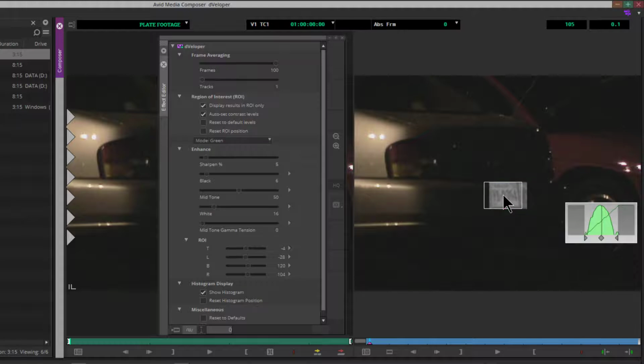And then auto set contrast values, what that means is as you drag this box and isolate an area, dVeloper will do its best to choose the best contrast values, and those contrast values are shown right here in the histogram. So if you want to adjust those, you can actually drag these sliders. So this is your black value, this is your white, that's your midtone,